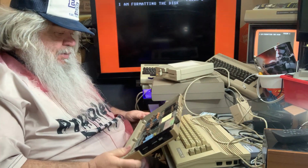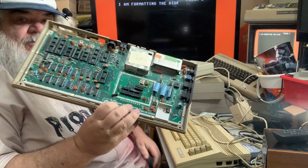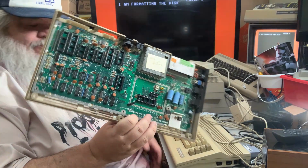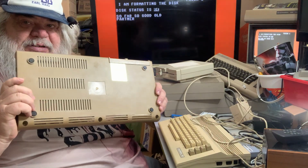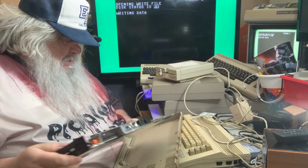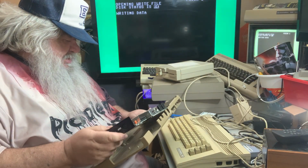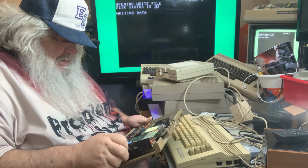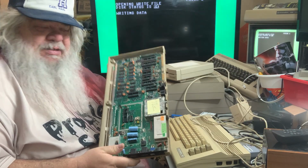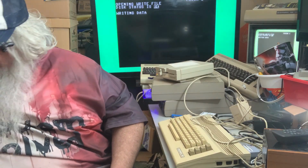Now here, this is the board from a Commodore 64. Nothing in the sockets. Nothing. And it says defective on the bottom. It says dead. And oh, it comes right out. Does it? It comes right out. So there. There's the bottom of the case. That could be handy. But this says it's dead. And I don't know why it says it's dead. And I can't really test why it says it's dead, because there's nothing here. So this will mean some significant stuff where I guess I will have to repopulate and